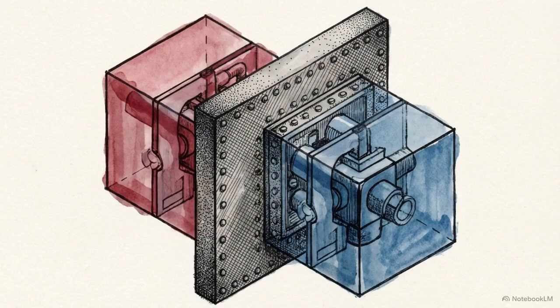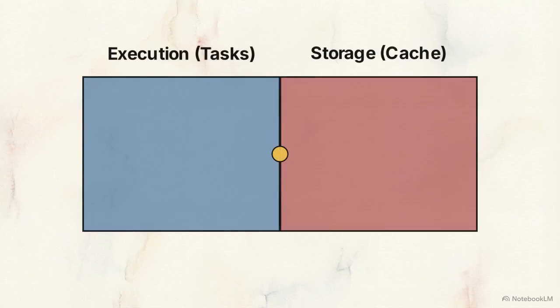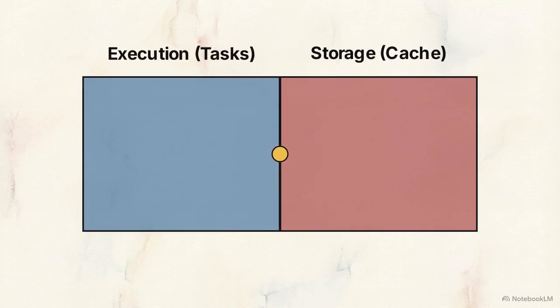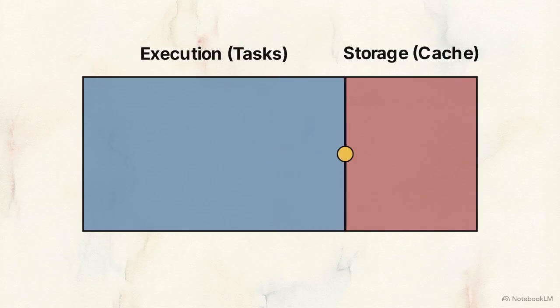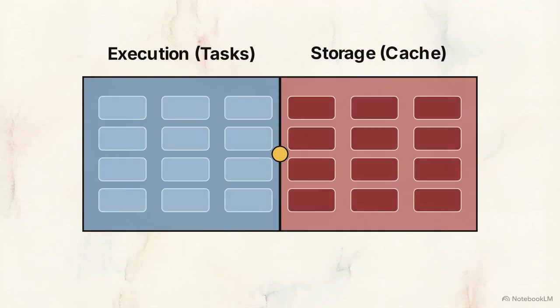In Spark versions prior to 1.6, the boundary between execution and storage was a rigid wall. If one side filled up, it couldn't access the other's empty space, causing severe memory starvation. Modern Spark solves this with the unified memory slider. This diagram illustrates a dynamic boundary that replaced the rigid wall. Rule 1. If execution requires more space, it can freely